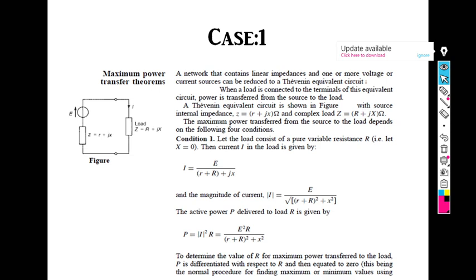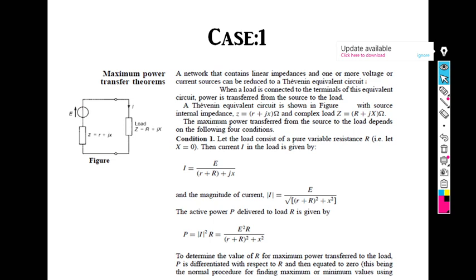There is no problem. But suppose this source impedance is present and only load resistance is present. There is no load impedance present. That means we have connected such a load which has only resistance. Second case is we can consider that the impedance R plus jX is present, and this X is variable. Another case we can consider that both R and X are variable. So we'll check for different cases.